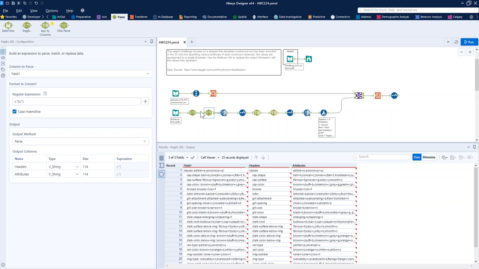But it does have the benefit of using the regex tool over the text columns tool, that I can rename these headers within the tool itself rather than using a select tool afterwards. So just splitting that up into the headers and into the attributes. Now I can't stand all this red